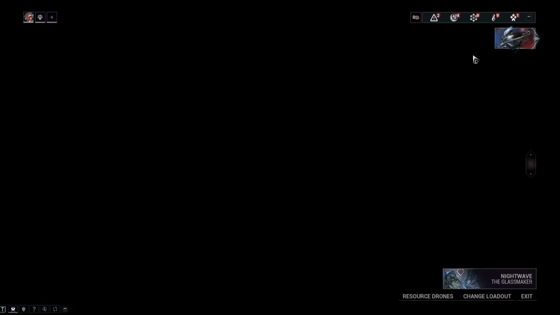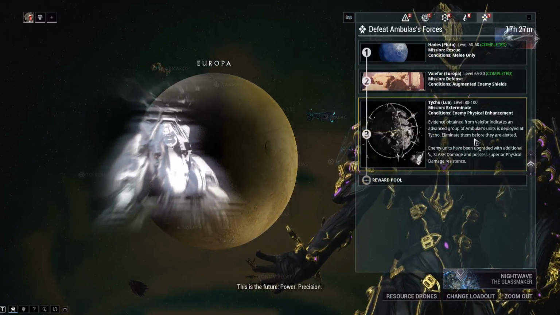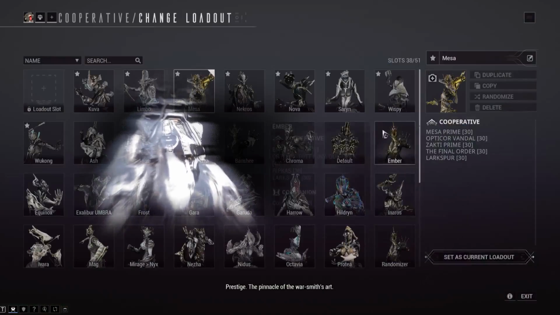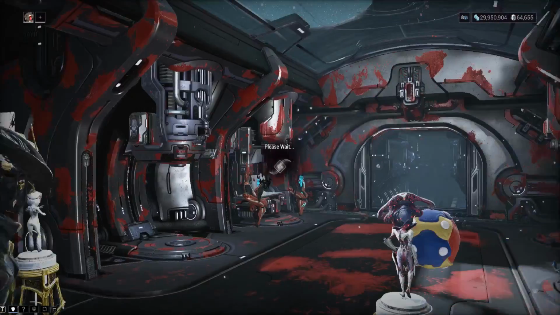I think that some of the augment mods kind of suck. I think the Zephyr... okay, we didn't even talk about Necros and Zephyr. The Necros and Zephyr changes are not very impactful at all. I'll try the Zephyr one out, but the Necros one where he makes a shadow...